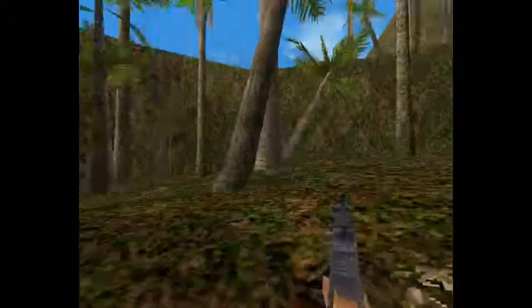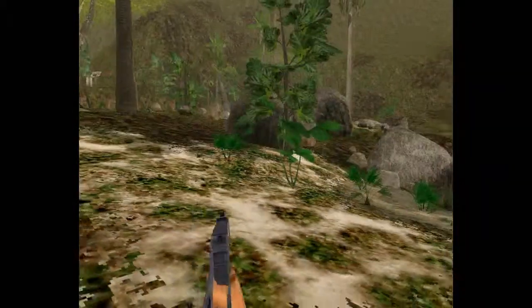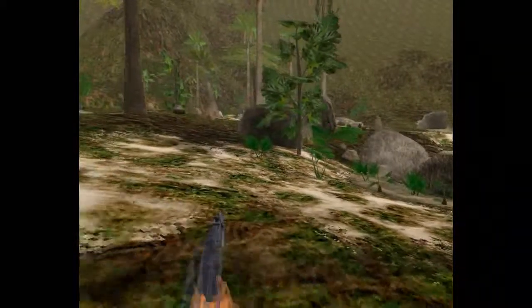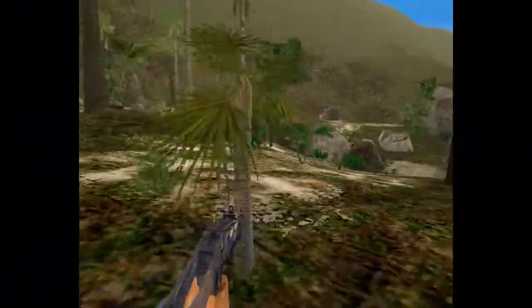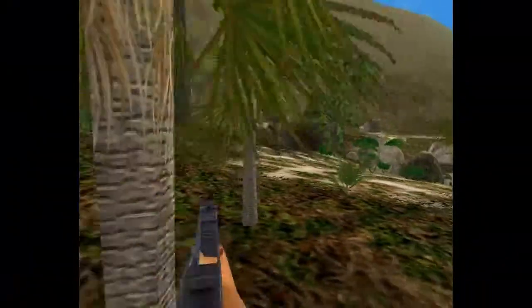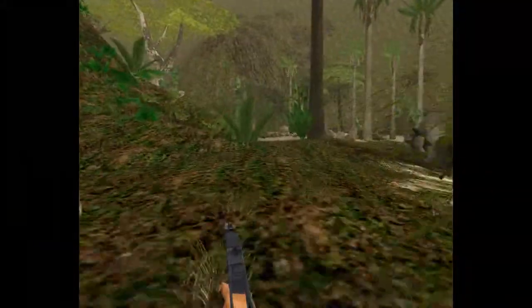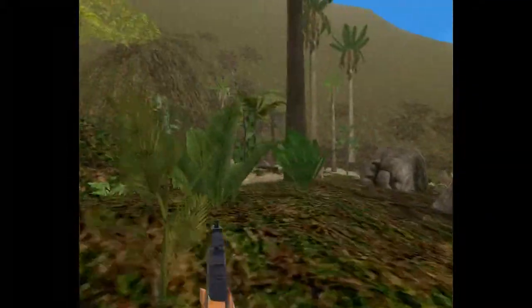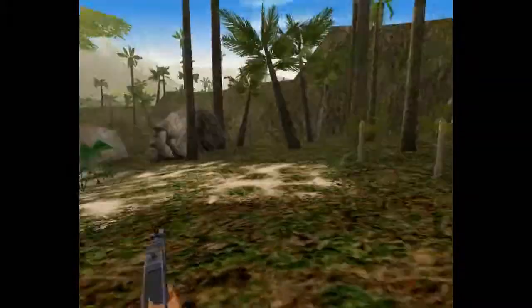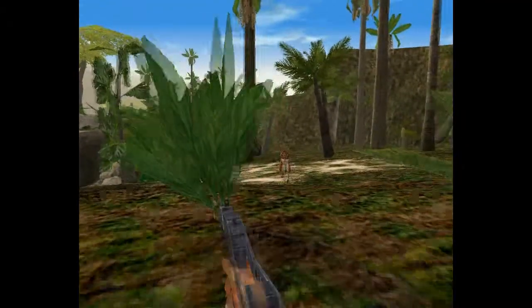Where'd he go? Did he not spawn? This is a bit nervous. Oh, don't want to drop the gun. This is weird. I think maybe there's supposed to be a trigger over here and I missed it. There it is. See, it just kind of...